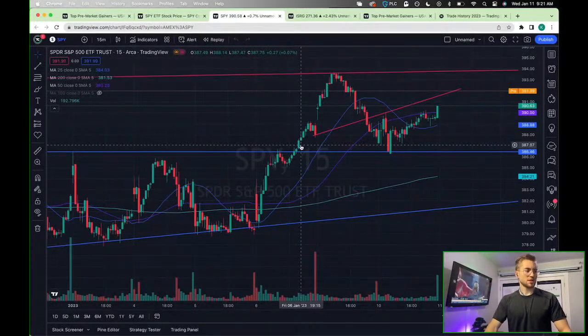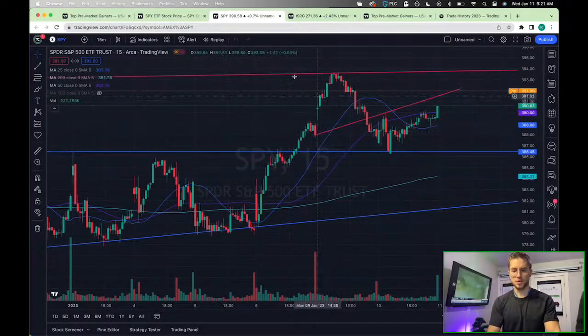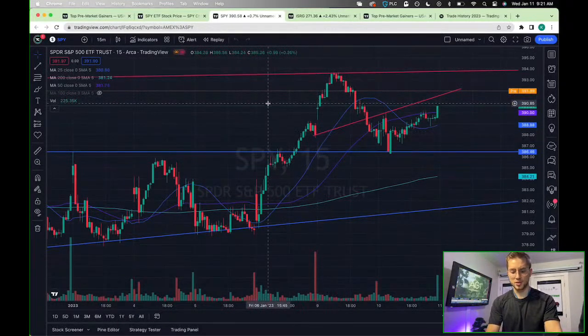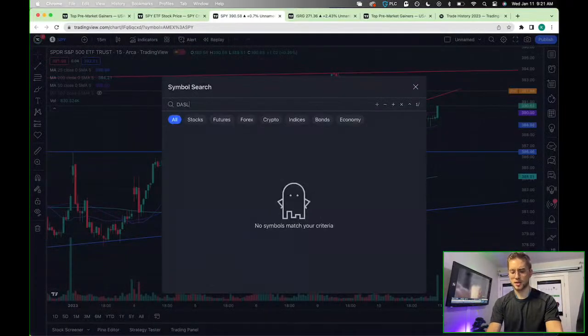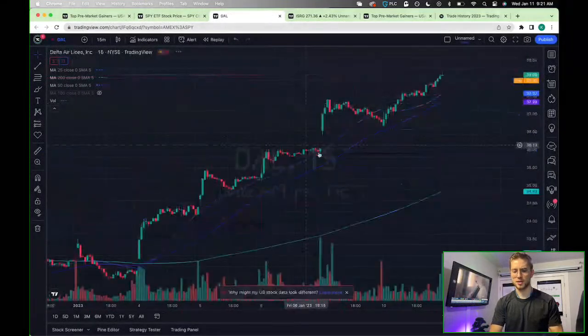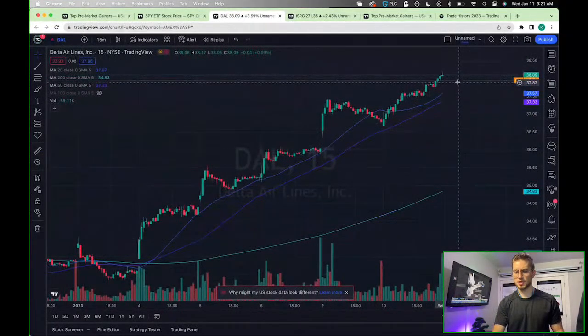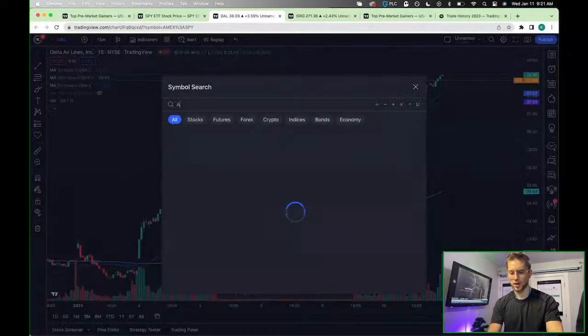And then we also got some major news that the FAA grounded all flights. So let's just pull up some of the potential airline stocks just to see if we can see any potential opportunities there. So airlines, so we can look at DAL, Delta. Delta's really just slightly down on the session, but not too much. We can look at Air Canada,